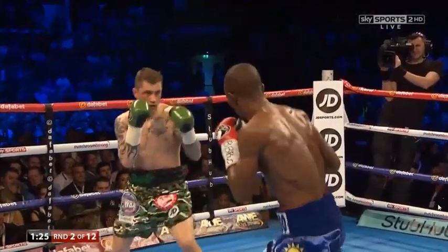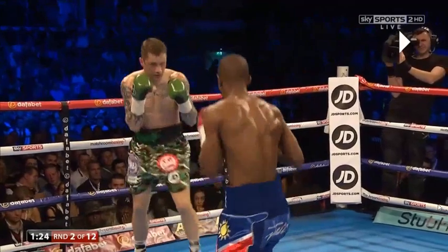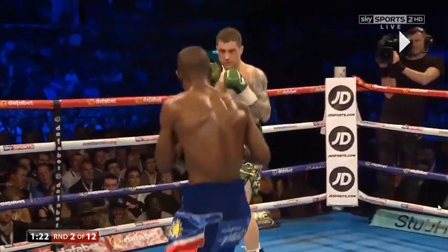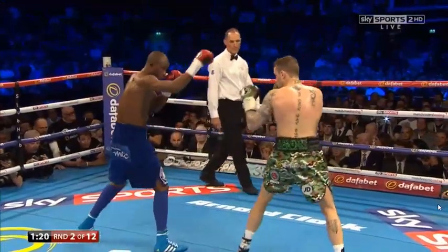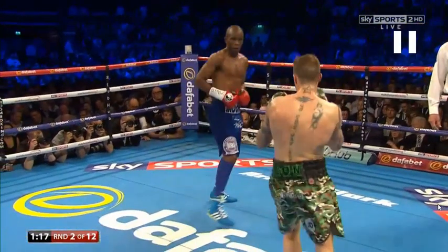And again, now Burns isn't going for the counter, right? Remember, before he landed the good jab to the face, but now he's figuring out a way to block the body shot because he knows it's coming. So he's making an adjustment, and we'll see if Indongo makes an adjustment now, because now that his opponent is bringing his hands down from the body shot, this is when he wants to be throwing